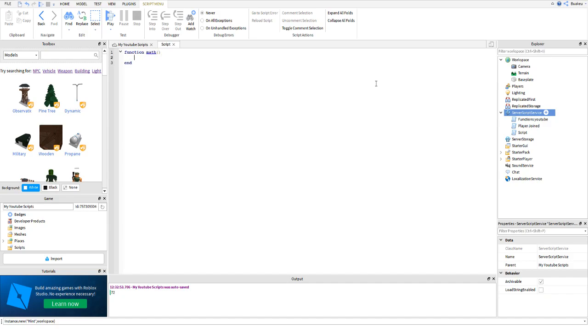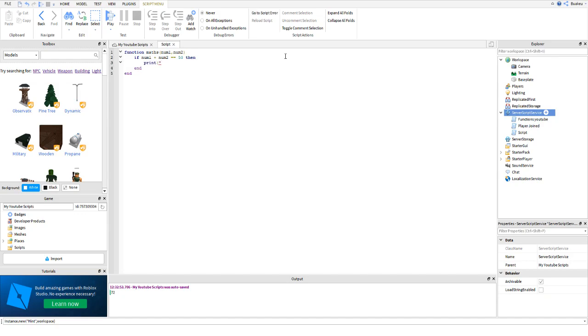Since we've already explained functions, we're going to change this. Math is the name of a function, so we're going to change it to math. We're going to use the same variables we used before, num1 and num2, with a math function. Now what's different is we're going to use an if statement. We're going to say if num1 plus num2 is equal to 50, then